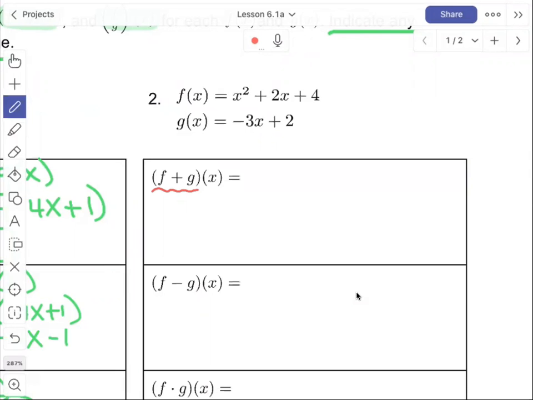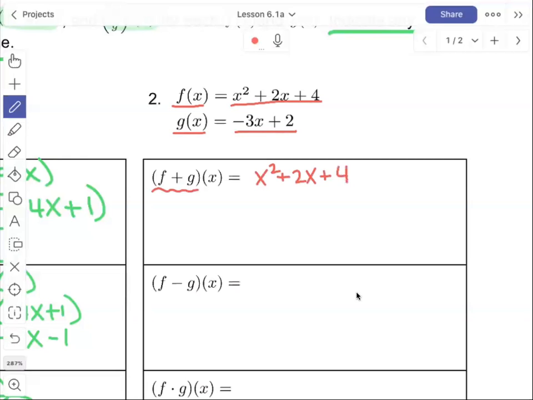Okay, don't actually distribute the f. The f is not being multiplied. It's just saying f of x, this function that involves x, is equal to this. So you just want to add the functions together. Oh, okay. I thought it was something else. Okay, so just x squared plus 2x